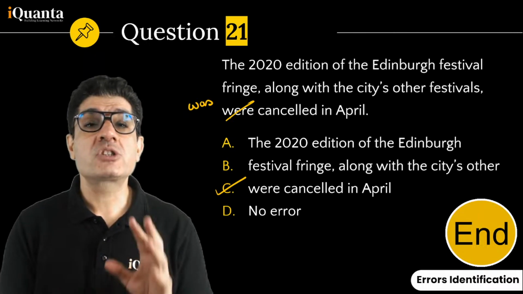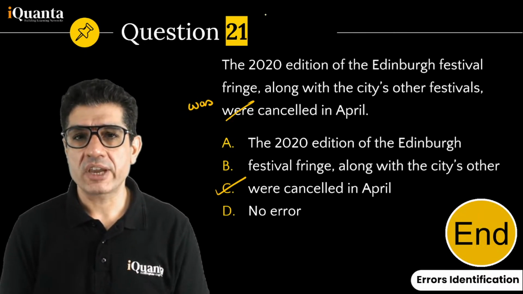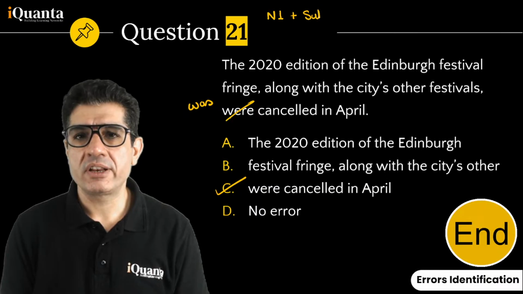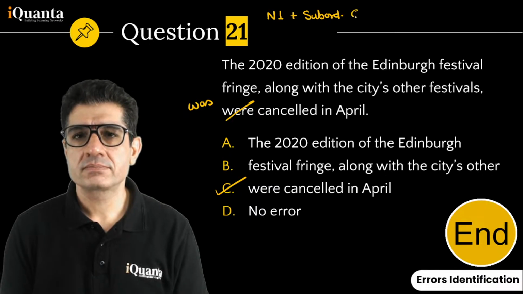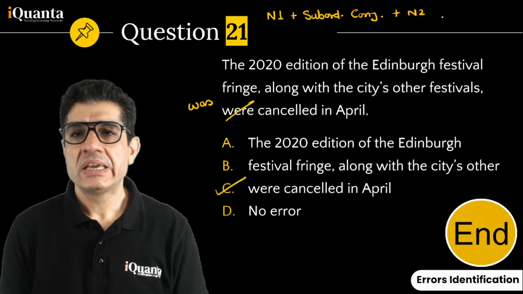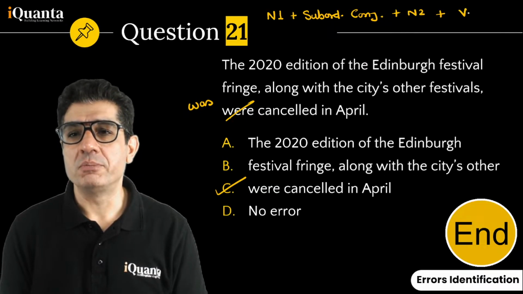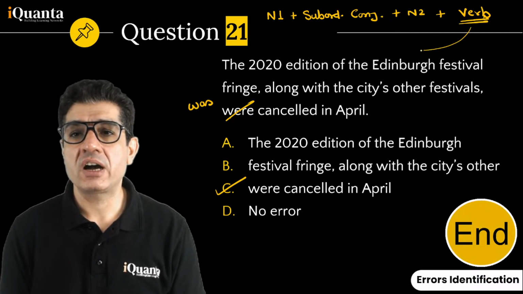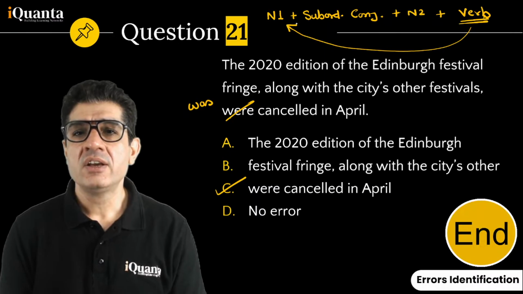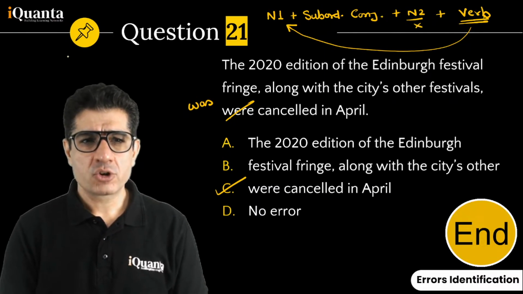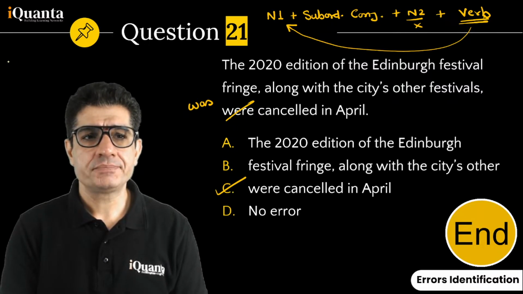But when it comes to subordinate conjunctions, here let me write it. So you have one noun. After that, you have a subordinate conjunction. And then you have a noun too. And then you have a verb. So in these situations, your verb will agree with noun 1. You will ignore noun 2. Okay. So for example, I'll say,